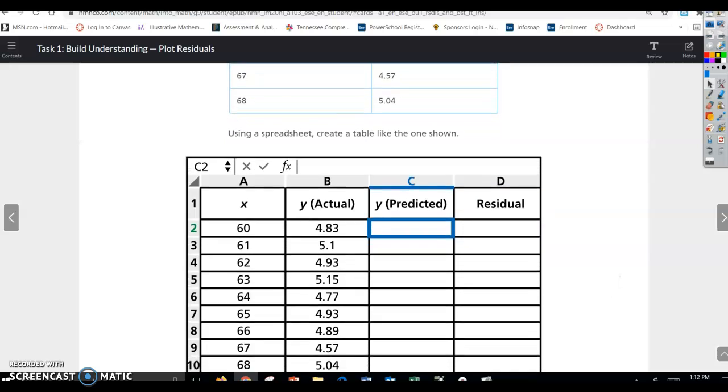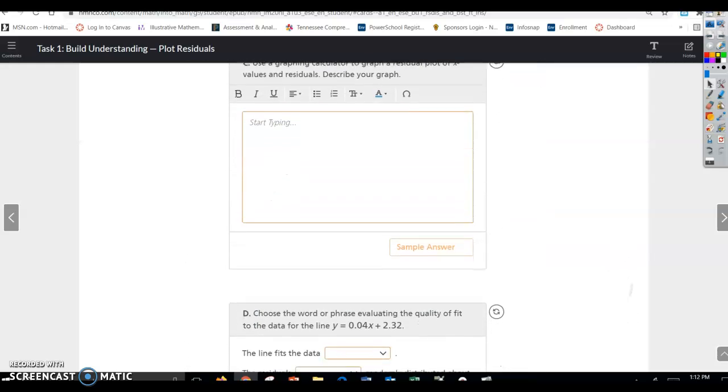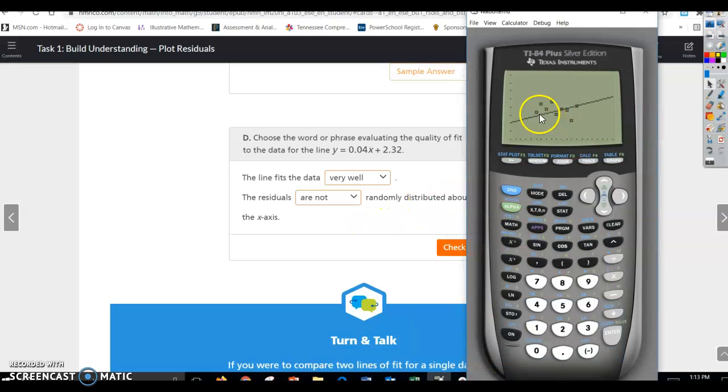All right, let's see what the questions ask for very quickly. We're running out of time here. Choose the word or phrase evaluated, the quality of fit. All right, so the line fits the data. I would say very well. The residuals are not about the x-axis. So if you look at that here, you can see they're not really around the x-axis. If you have any questions,